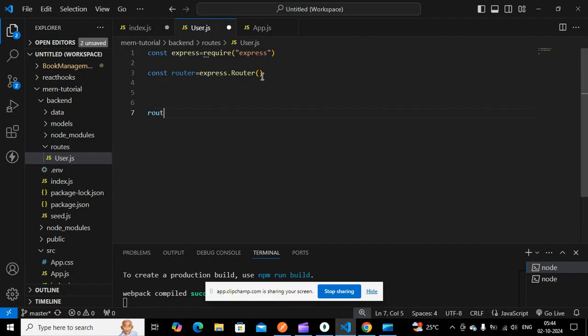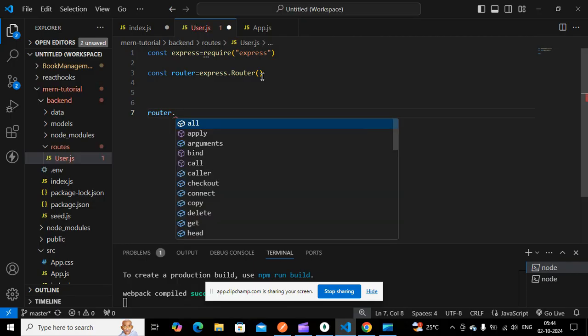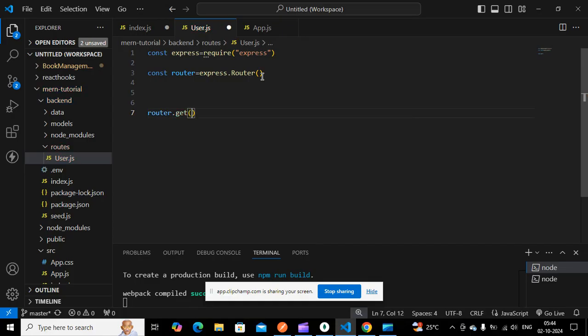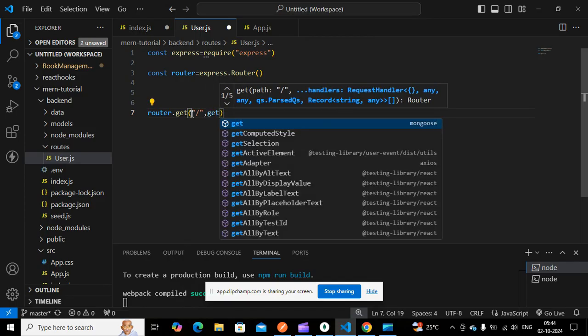With the router, we are getting the data, right? For that we have to use a get method here. In this I have to give a subpath here. In the get we have to give a path, and for the handler we have to use a request handler. So here I'm gonna give the path as root. You can give any name here. I'm just gonna give a root path here. Here I have to give a request handler, so I'm just giving